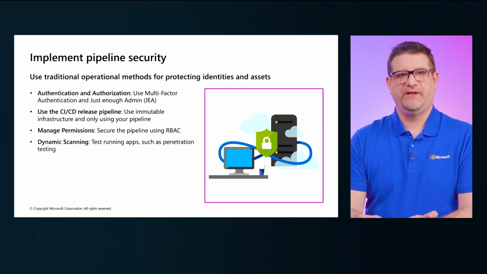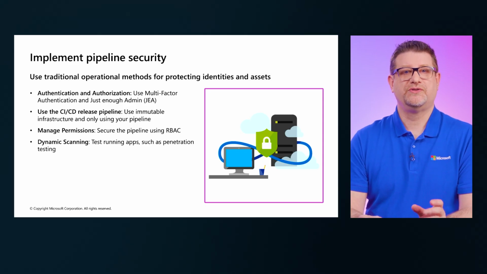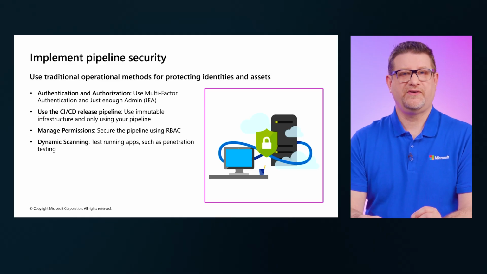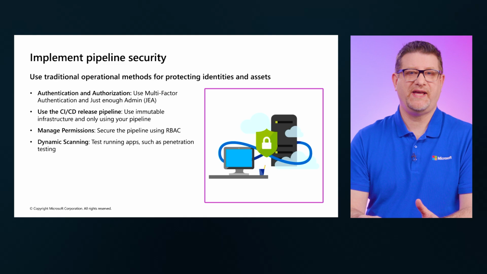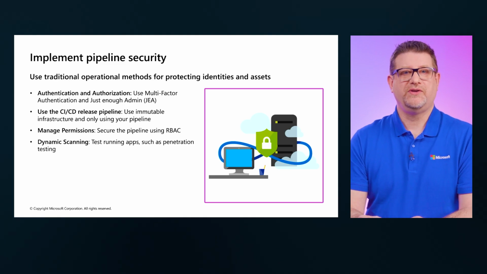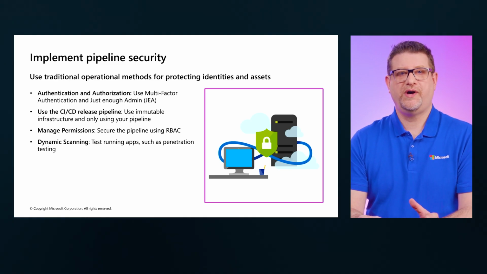Implementing pipeline security is all about protecting the identities, assets, and processes involved in our CI/CD pipeline. This starts with strong authentication and authorization. Using tools like multi-factor authentication and just enough admin ensures that only the right people have access to the sensitive resources. By managing permissions with role-based access control, or RBAC, you can tightly control who can do what within our